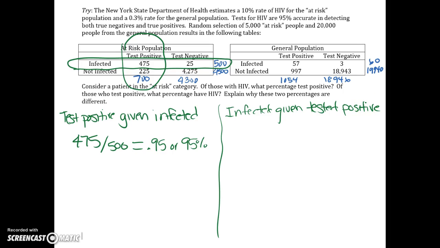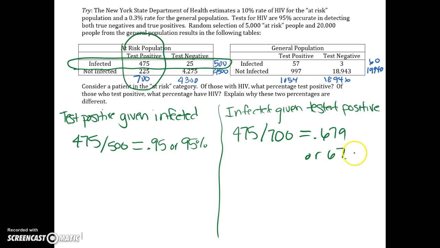With this, there are 475 that fit the group of being infected and testing positive. But now when we divide, we have 700 as opposed to 500, and that ends up giving us an answer of 0.679,